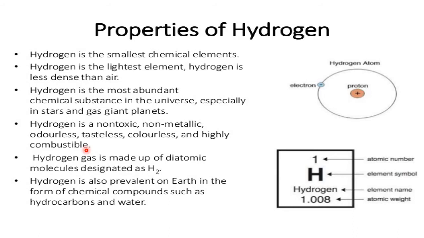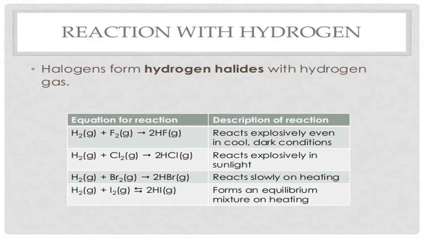Okay. Hydrogen gas is made up of two atoms of hydrogen. Therefore, it is written as H2 and how is it told? Dihydrogen, or in everyday life we say it as hydrogen, simply hydrogen. So hydrogen is also prevalent on earth in the form of chemical compounds such as hydrocarbons, water, already we learnt. Okay. Now